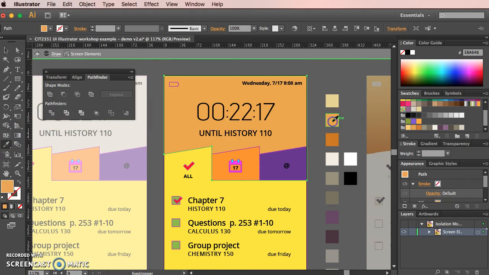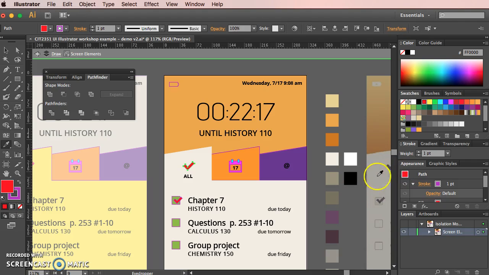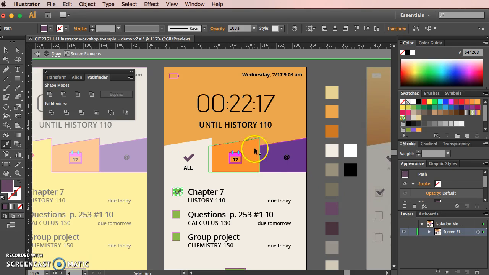For now, I'm just going to bang that in with a flat orange, and I'm going to hold down Control or Command, and I'm going to just do the same with all these elements. Like I say, you could click on the image. You could click wherever you want. I'm going to come in and select colors, so I know that this should be purple. I'm going to make this tab